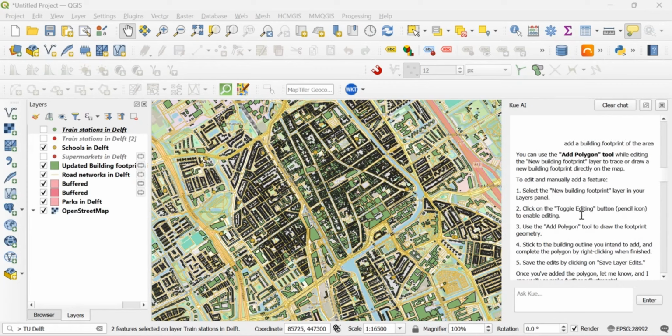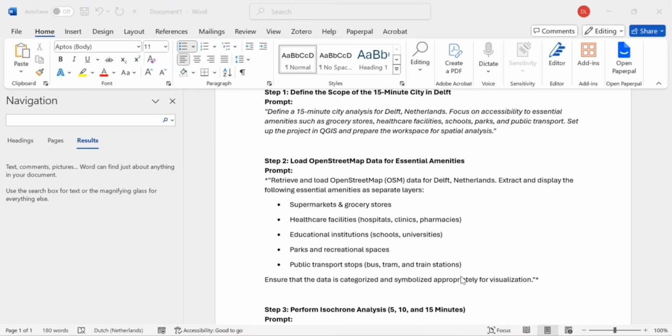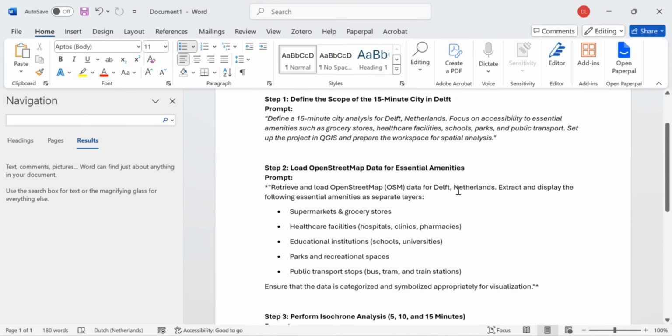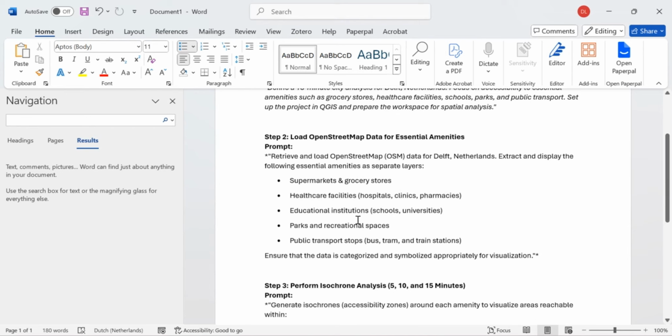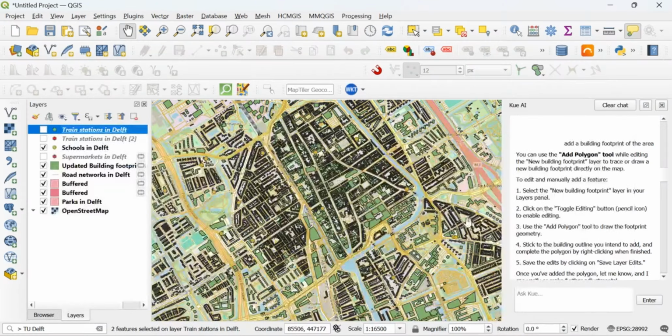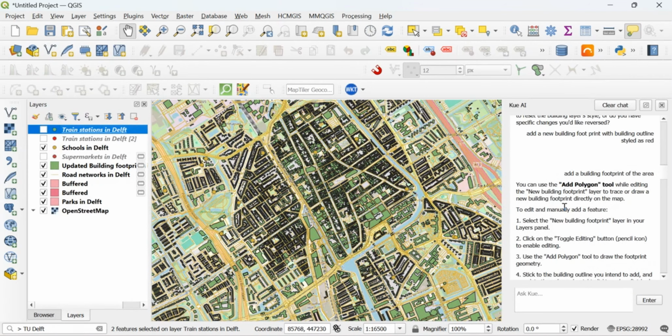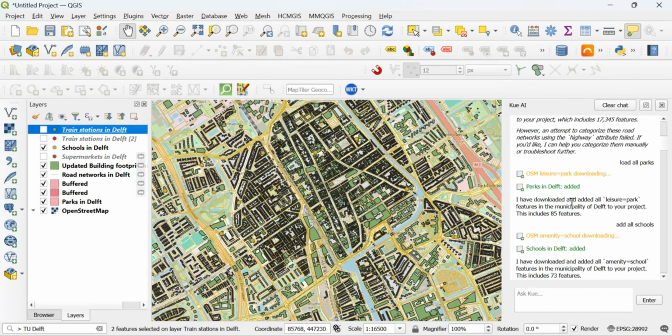So you need to try, and that is why I recommend first writing down the prompt for what you want to use, by using some other AI tools that can generate some good prompts. The reason is that they are able to use the OSM tags pretty well than you would do. You can also add some other layer of analysis to it, like highlight the closest school to the train station, something like that.